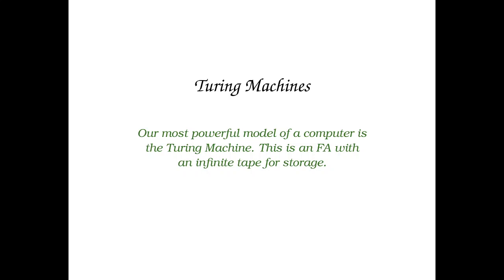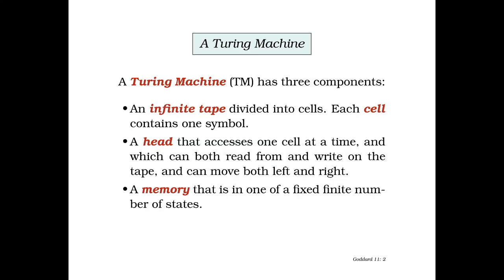Let's start by understanding Turing machines. We have studied finite automata, which include DFA, NFA, and PDA. Now, Turing machines are our most powerful models of computers. You can think of them as finite automata with an infinite tape for storage. If we look inside a Turing machine, which is a hypothetical concept,